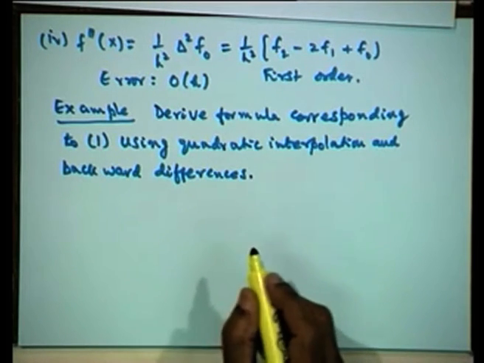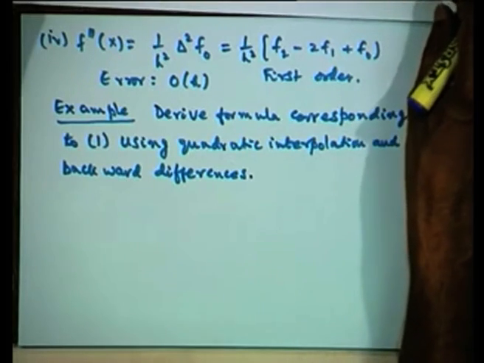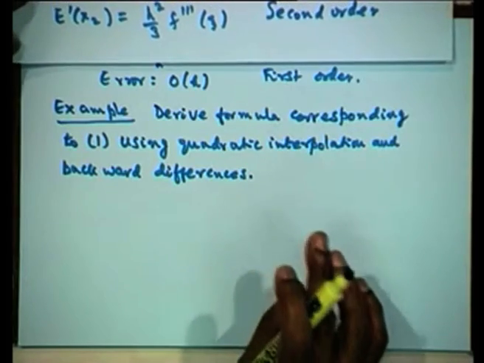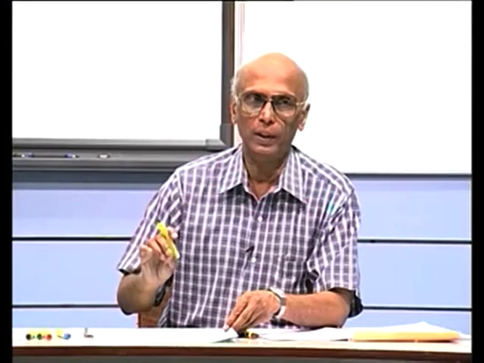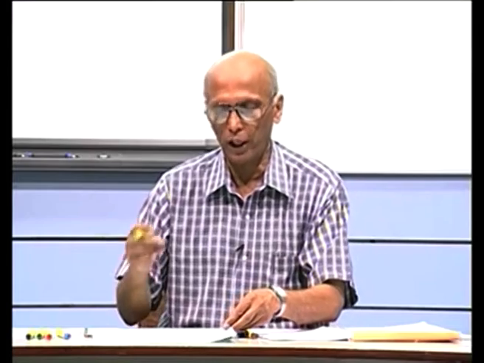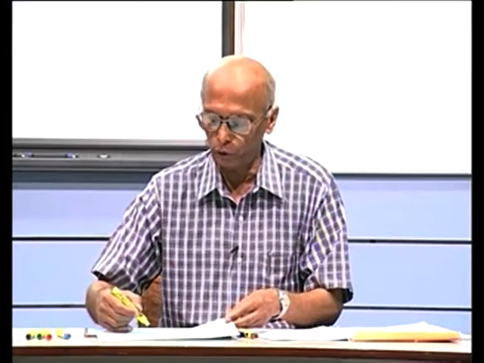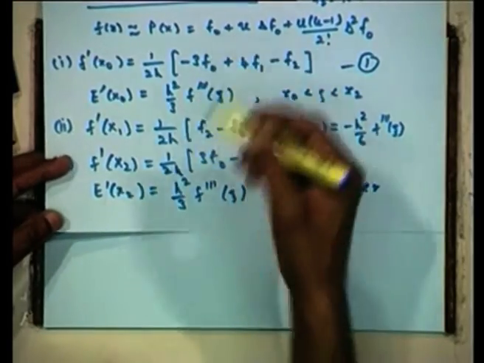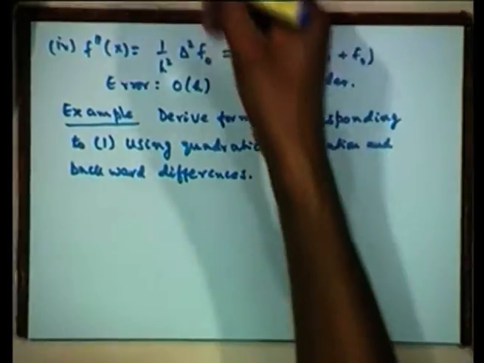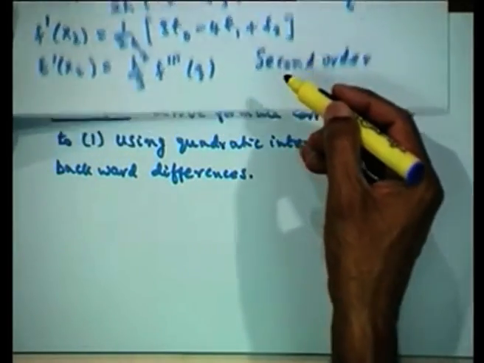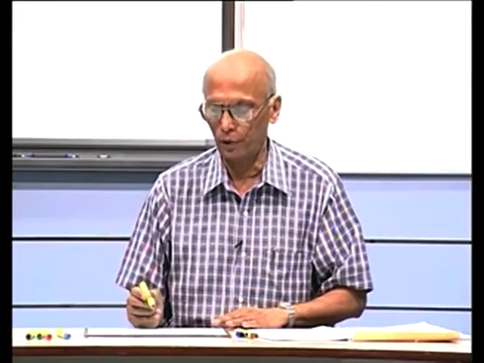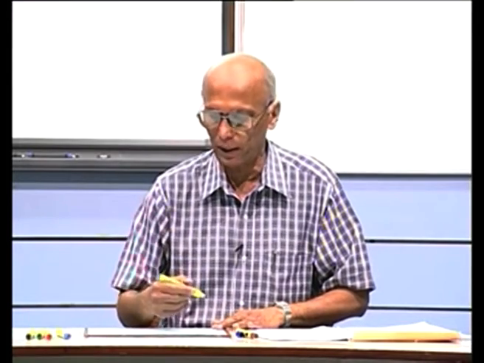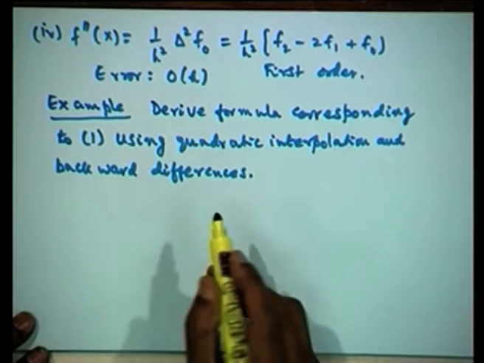Now, as in the case of interpolation, here also in numerical differentiation we need the formulas for the backward differences also. The reason being, if we are at the beginning of the data and we want the derivatives at any intermediate point, then I can use the formula that I have written for f dash x here. But if we are at the end of the table, then forward differences are not available for us, therefore I cannot use the forward differences. So, when I want to find the derivative at a point at the end of the data, I need to have formulas using backward differences.